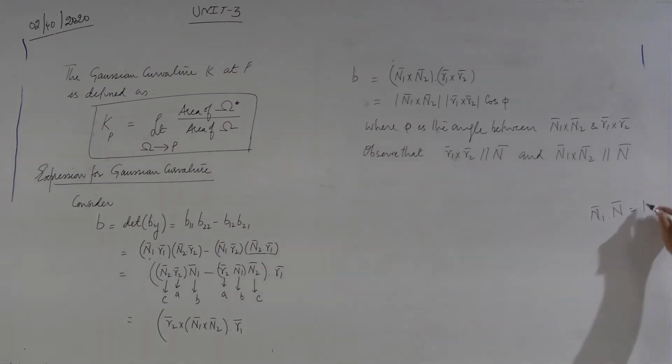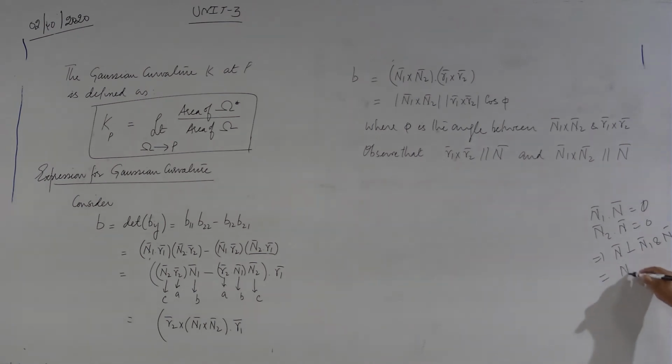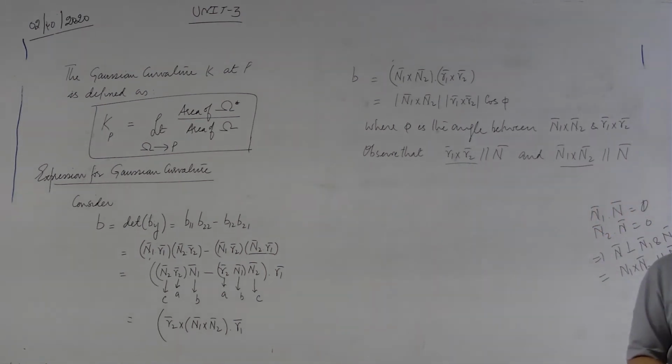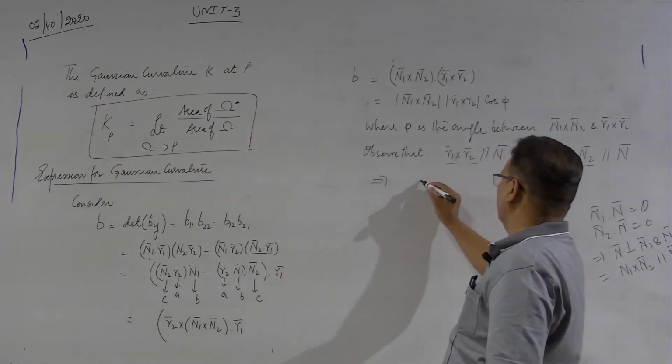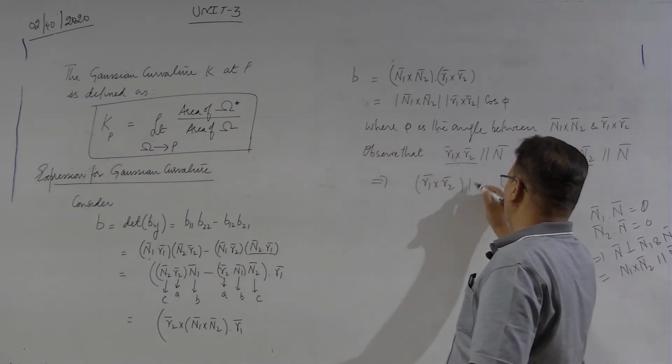So, N1 dot N will be 0, and N2 dot N will also be 0, and therefore, N is perpendicular to N1 and N2 both, and this implies N1 cross N2 is parallel to N. So, N1 cross N2 as well as R1 cross R2 are both parallel to N. So, this implies that R1 cross R2 is parallel to N1 cross N2,